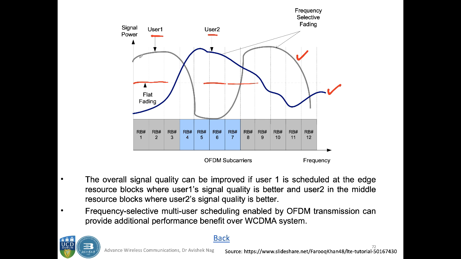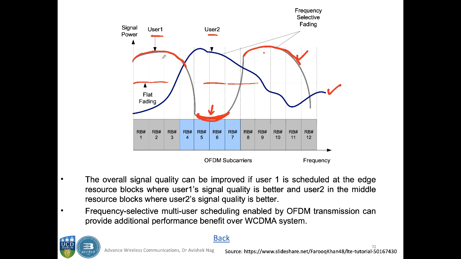So you can see that user 1 has a peak at these values, and it has a trough, or a dip, here in these values, and user 2 has exactly the opposite. So user 2 is high when user 1 is low, and then the frequency response of user 2 goes low when user 1 is high. Okay, so you can allocate the resources, the resource blocks, to these two users in a way that